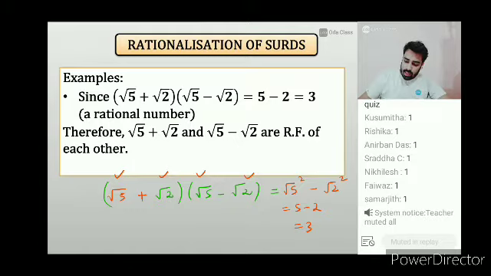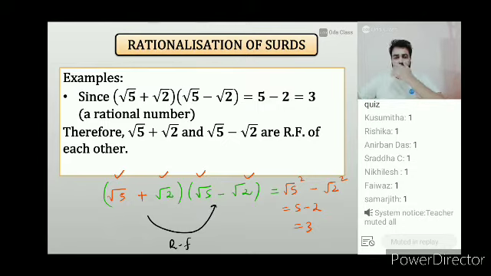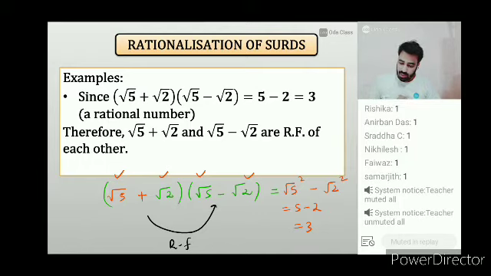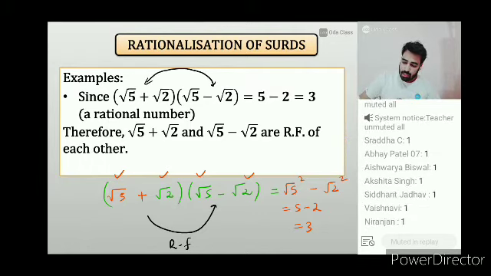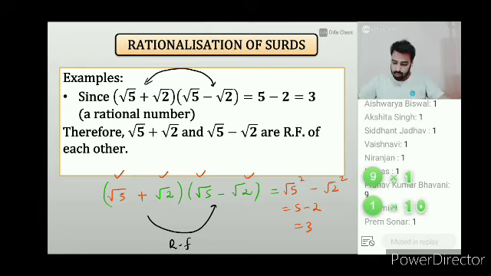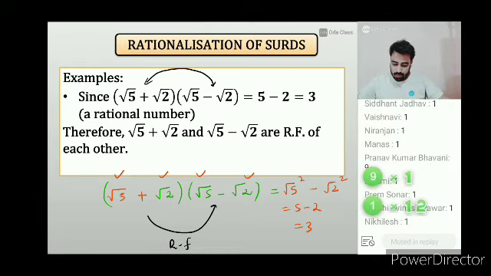So now what I can see is that whenever we have numbers like root of 5 plus root of 2, I multiply with root 5 minus root 2, and the final product is a rational number. So this is also a rationalizing factor. Now after this I'm going to tell you how to identify a rationalizing factor. कैसे आपको identify करना है? You'll understand it. This part is clear. Just plus का minus sign we have done so that we can apply the logic x plus y into x minus y.